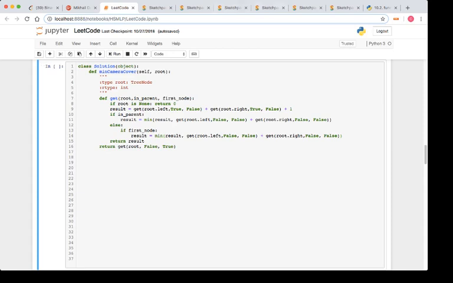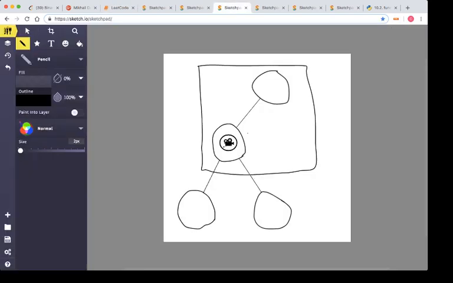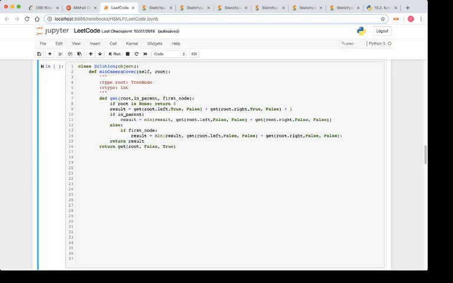So when the granddaddy is white, and then your parent is black, and then the children are white again. This is how we're gonna implement it. Let's say if it has no parent, okay, so it is the granddaddy. Then we also want to make sure that it's the first node, and then we would make sure that